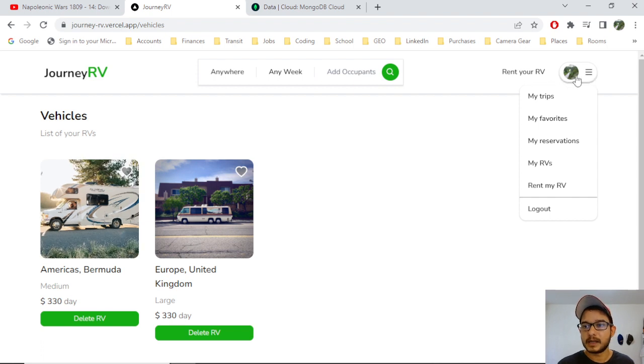So yeah, this is the application. Full stack, fully responsive, great practice, and yeah, so if you want to check it out, go ahead,